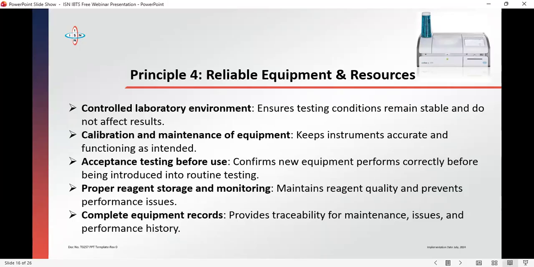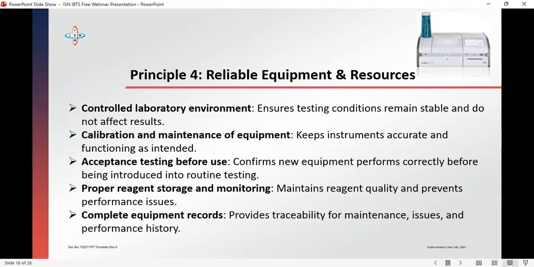We need to have a method of monitoring the reagents and storing them. Temperature monitoring cannot be overlooked, and we need to have evidence that we are doing this. Some people have real-time monitoring devices. Some use the manual method of sheets on Excel. If you say you don't want to use paper, you can document it, but ensure that somebody is looking at it, not just signing off the temperature. There are reasons why you need to do that. Because if you don't, those reagents are what you will use on your instrument to produce inaccurate results that may lead, in the worst case scenario, to somebody's death.